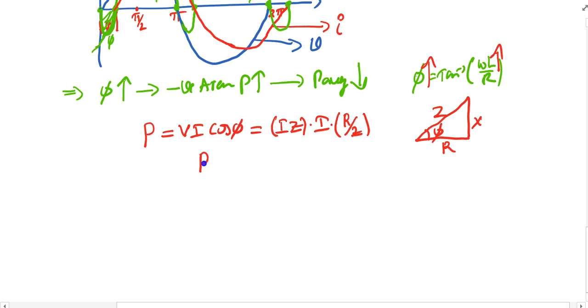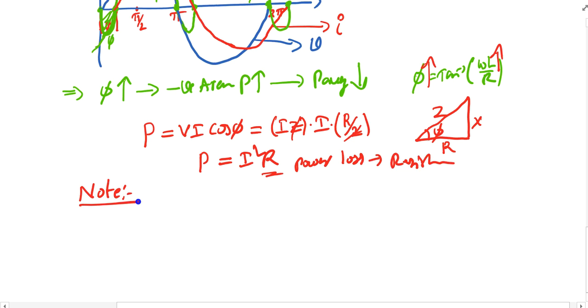So if you do this, the z will cancel, leaving I square R. This is called the loss, the power loss or power consumed by a resistor. What I observe from here is that the actual power produced here, that is the average power VI cos phi, is consumed by the